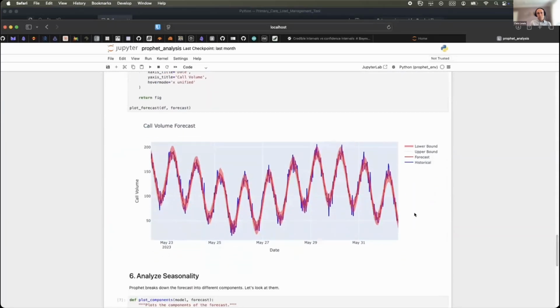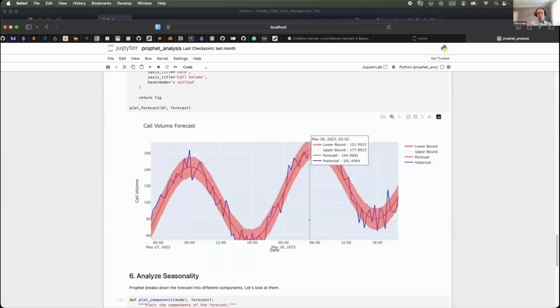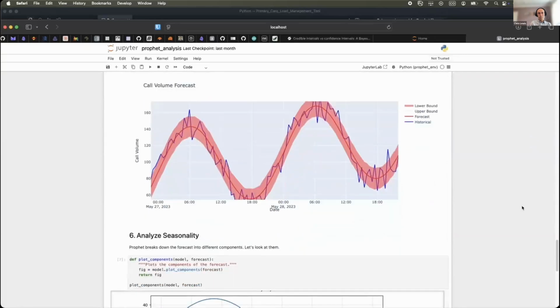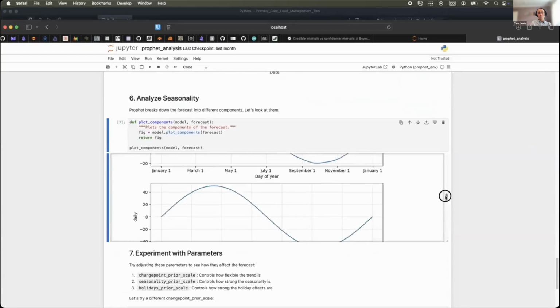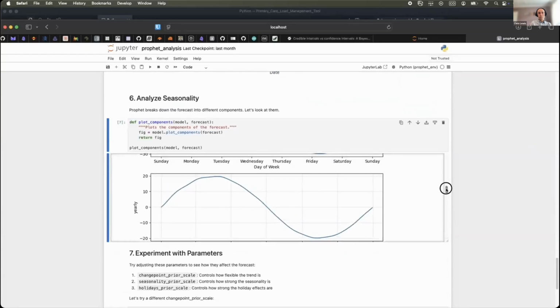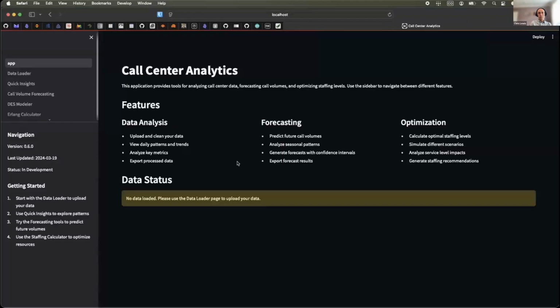Here it is. The blue is the original data, the red is the forecast, almost like we made data for this model, which we did. Really nice model. It'll give you the seasonal variation over the days and the weeks.